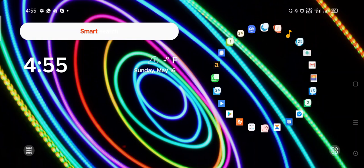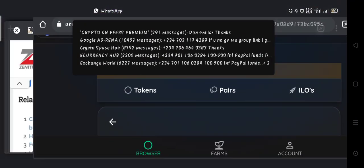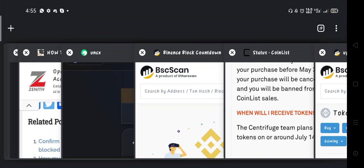I won't take much of your time, and it's just very fast and smooth. What should we check? I have 3 tokens which I want to use as examples. And how did I manage to get these tokens? Well, I got them the way we usually get tokens, by heading straight to